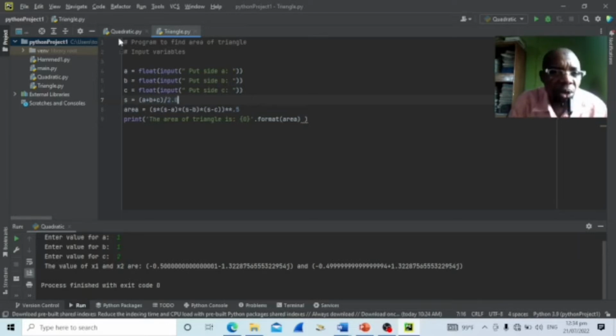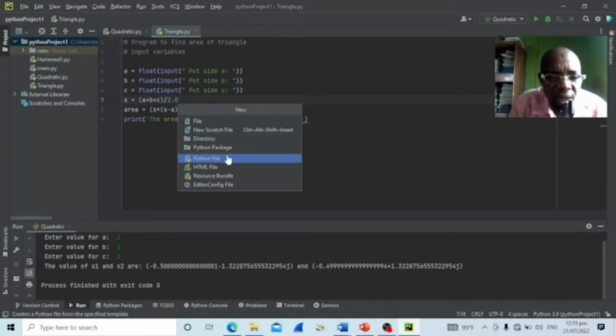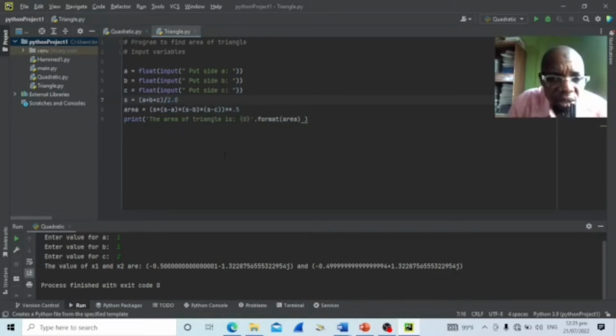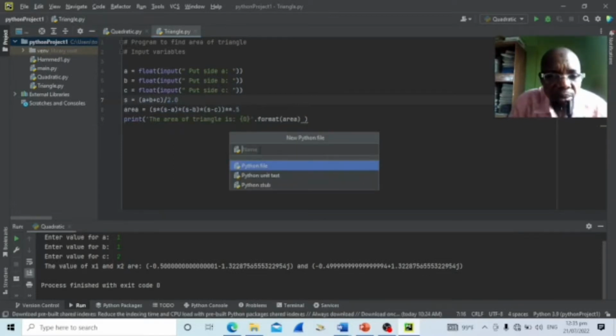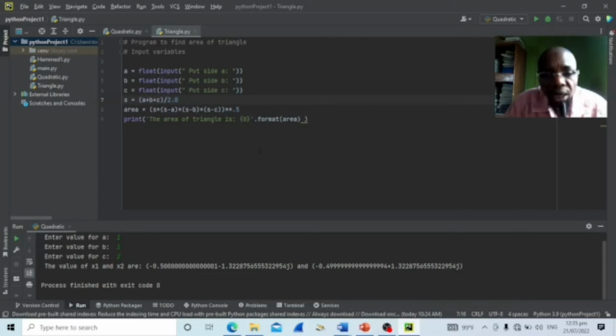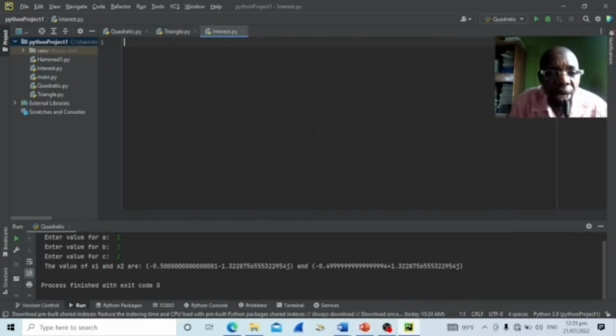Let's go. So do this one: open file, new, then click on Python file, and here you type the file name. So let's call it interest, then enter. So it's going to give you a blank area, and here, like we normally do, we are going to